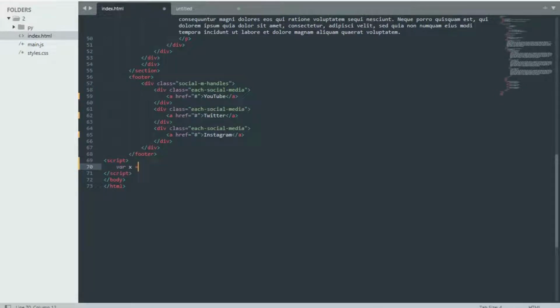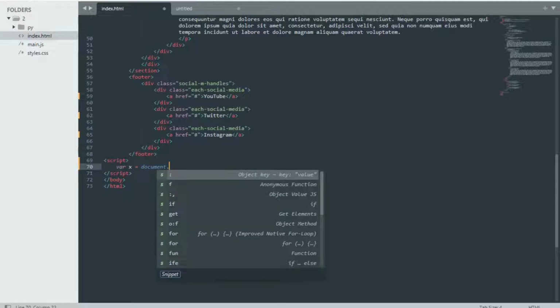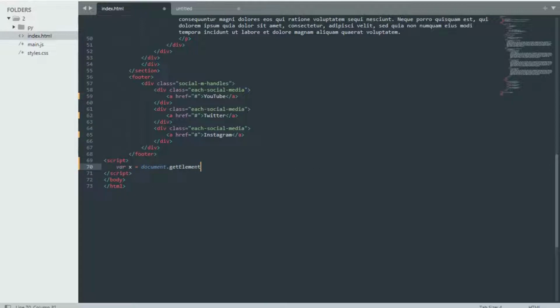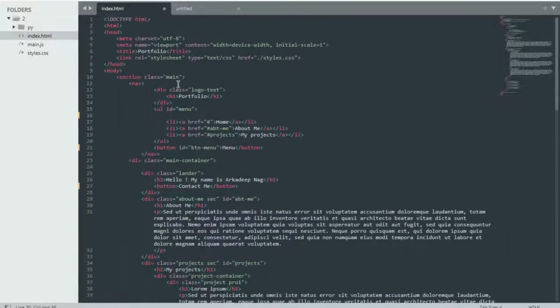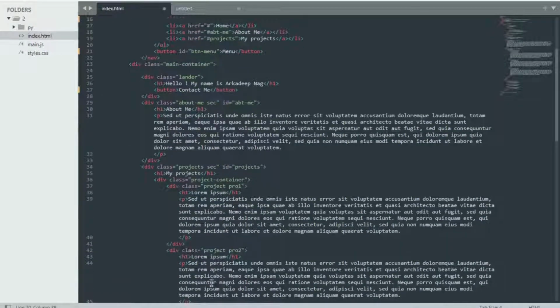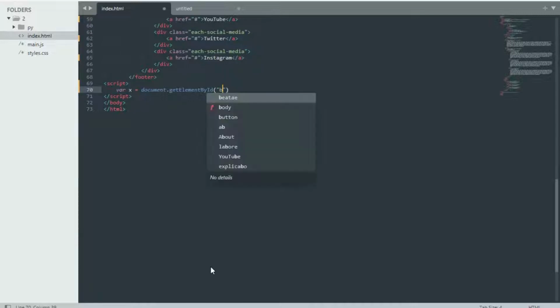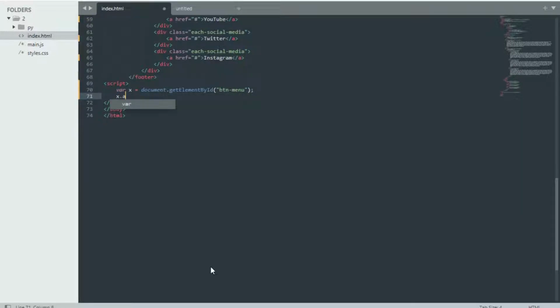Define a variable x = document.getElementById, and our id over here is btn menu. After that close it. Say x.addEventListener,